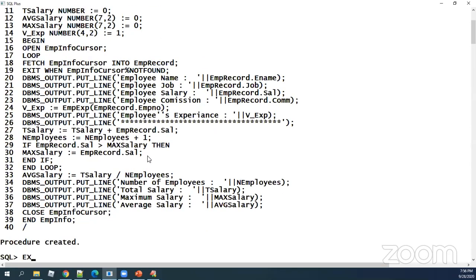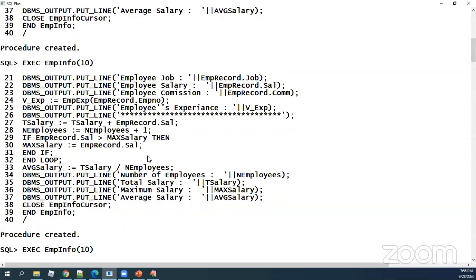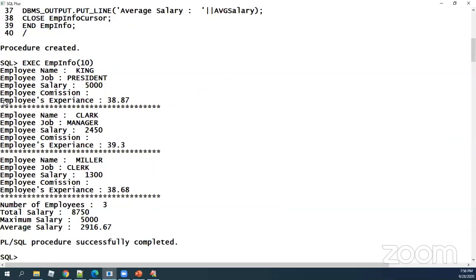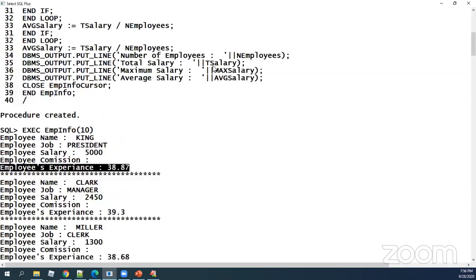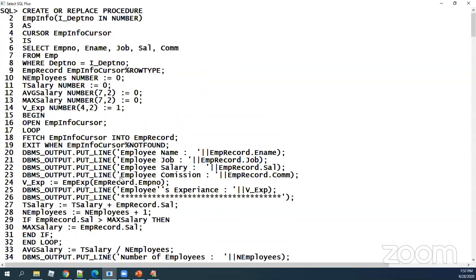And I'm saying execute emp_info, and I'm saying 10. Now my procedure is calling the employee's experience. So one procedure can always call a function by necessity.